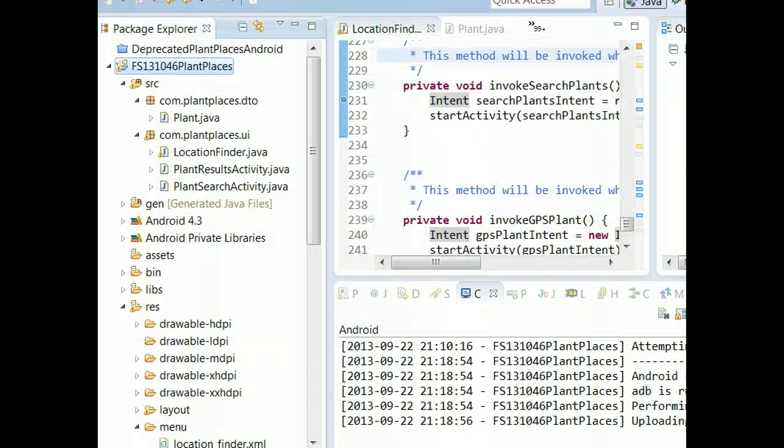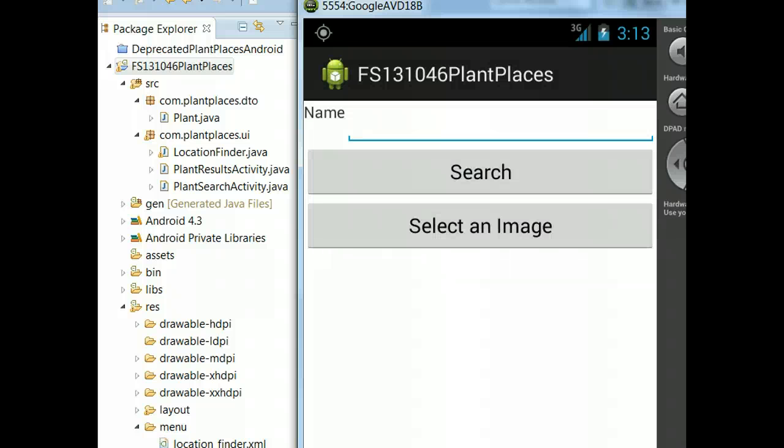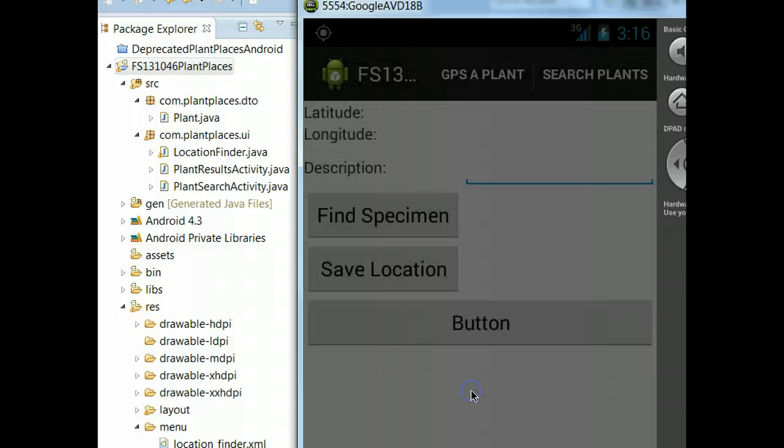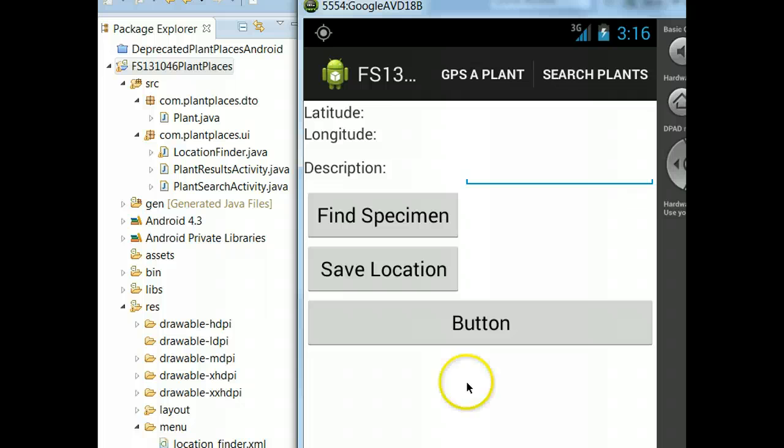Okay, choose the running AVD. It'll take just a moment to bring this up. Okay, and it's come up. So you see that we are in the GPS of plant screen because we have our latitude and longitude. I'm going to click on search plants now, and if all goes well,